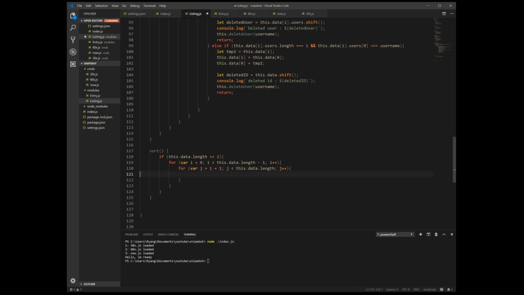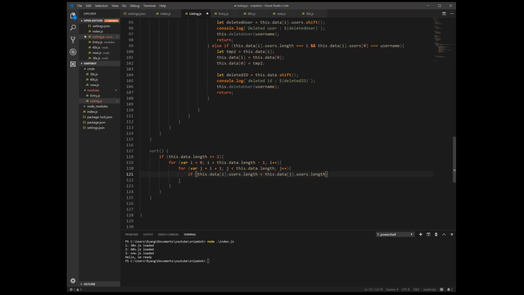So that's how we're going to start off with this, and then we check if this.data[I].users.length is smaller than this.data[j].users.length.